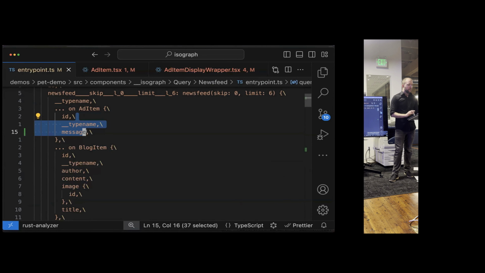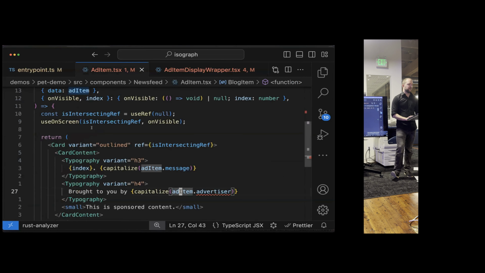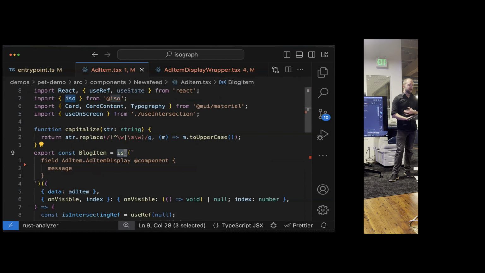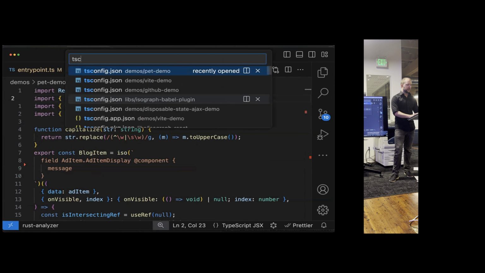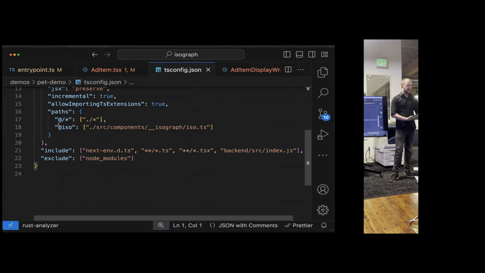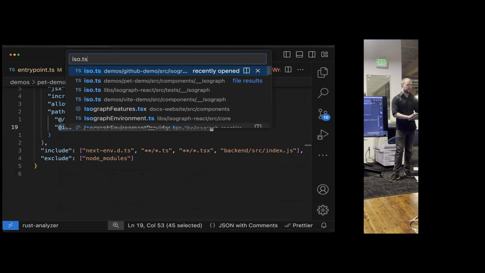Okay, so where is this typing coming from? So obviously, this is just some ISO function. It takes an opaque string, like we're clearly not parsing it. Well, TypeScript's too dumb to understand this. So what actually happens? Well, we import that ISO function from this @ISO thing in our tsconfig maybe. We specify that @ISO is the specific generated file. So in this iso.ts file,